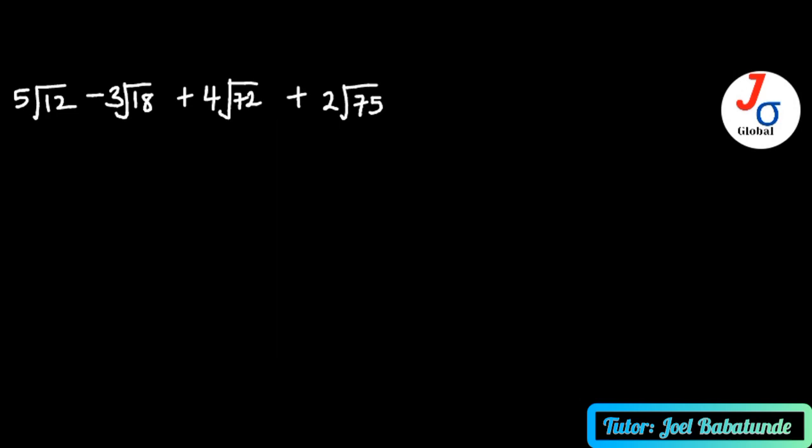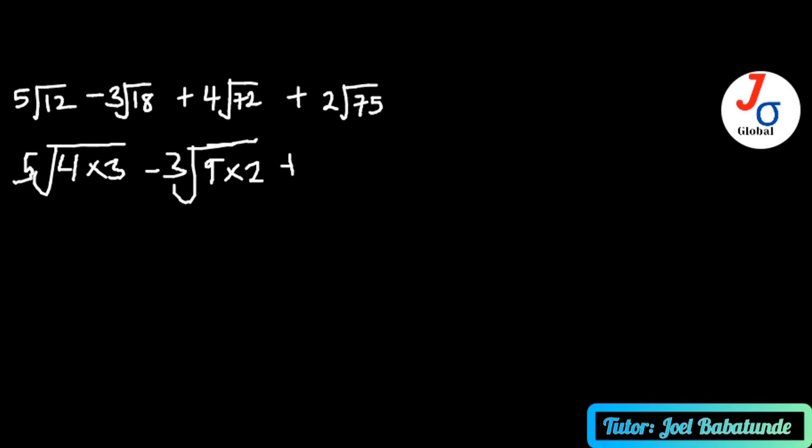Okay, assuming you have done that, so we're going to have 5 root, that's going to be 4 multiplied by 3, 12, minus 3 root, 9 times 2, yep, plus 4 root, 36 times 2 gives us 72. 36 is the perfect square. 36 times 2 will give us 72. Then plus 2 root